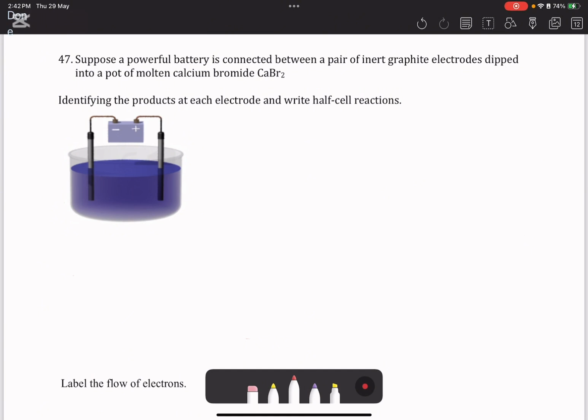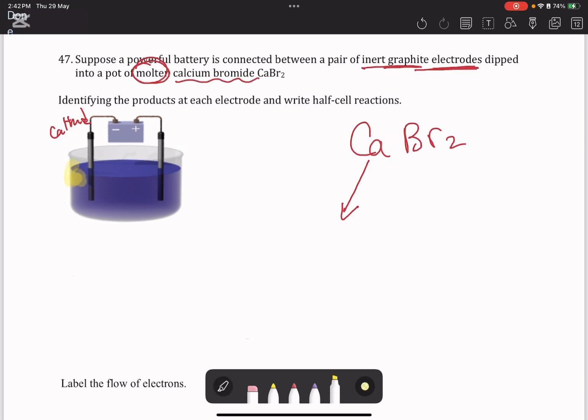Last question in this revision session. Suppose a powerful battery is connected between a pair of inert graphite electrodes that do not react, that do not affect the result of a reaction. They are dipped into molten calcium bromide. So stop thinking about hydrogen and oxygen gas, because they will not be obtained if it is a molten electrolysis. This one will go to the cathode, will gather around the cathode,